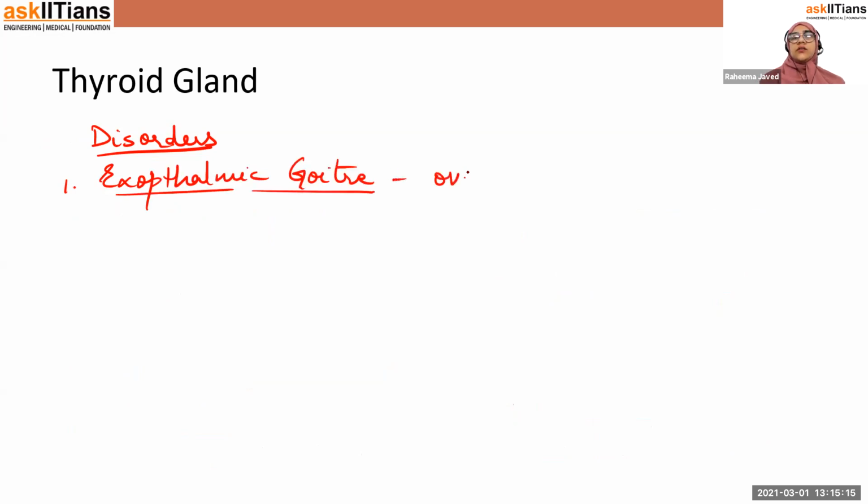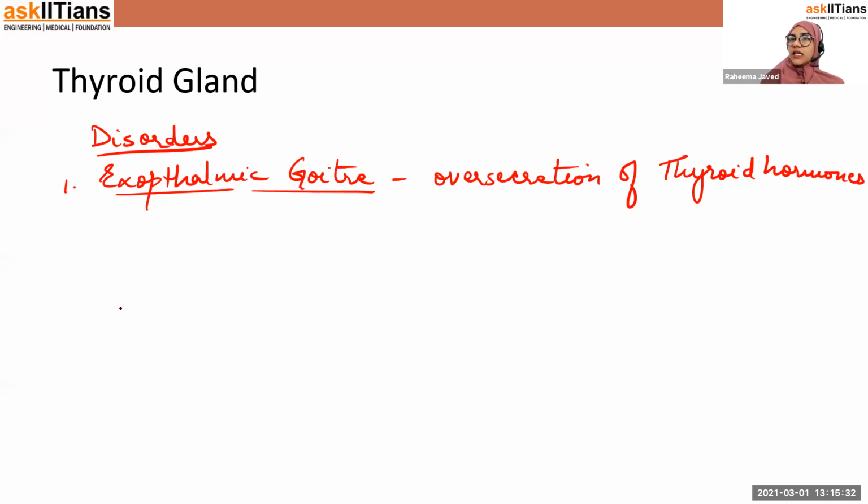Okay, this is due to the over secretion of thyroid hormones. Now due to the over secretion of thyroid hormones, what will happen? The metabolism will increase, the growth will increase, and the oxidation of everything, the fats, carbohydrates, protein is increasing. So